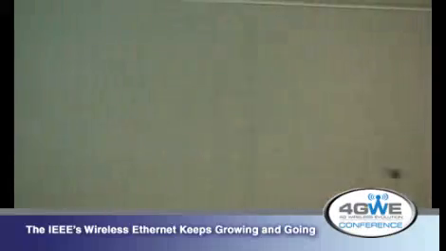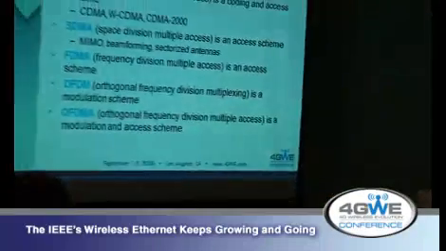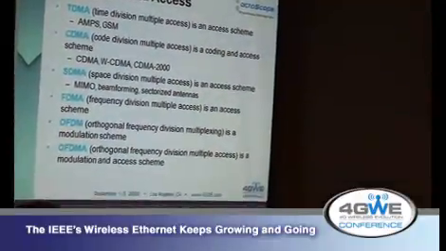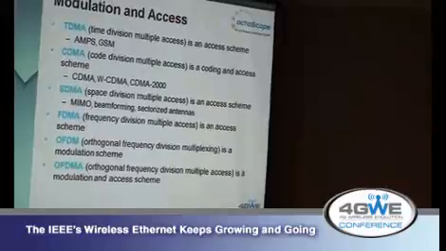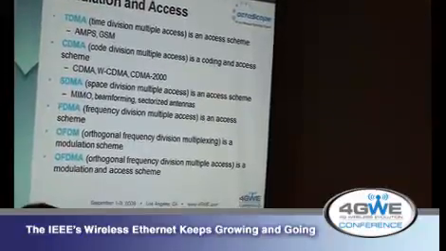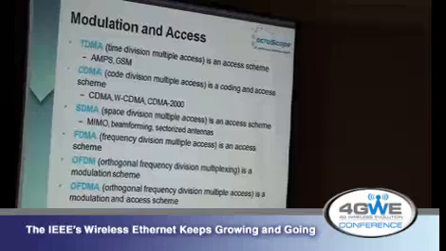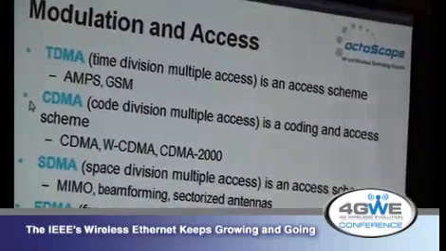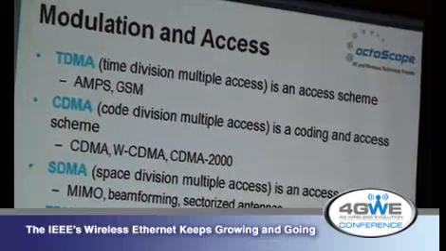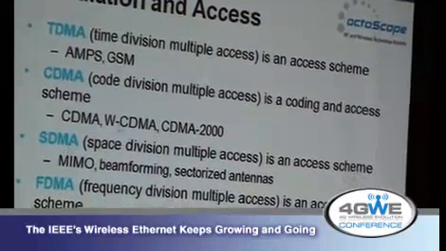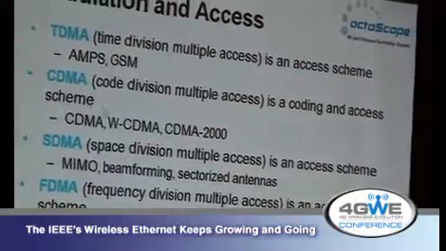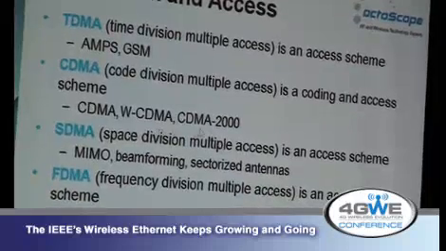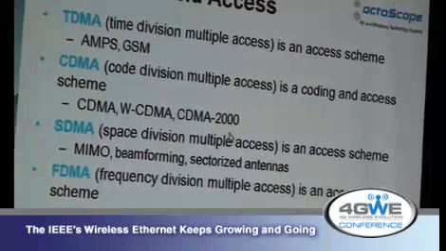So these are all of the different modulation and access schemes in use today. TDMA is the early time division multiple access, basically used in GSM today and earlier in the AMPS technology. And CDMA is mostly what we use here in the U.S. for cellular voice communications. And there are quite a number of variants of CDMA, and it evolved into 3G technologies like WCDMA and CDMA2000, which are now 3G data technologies.